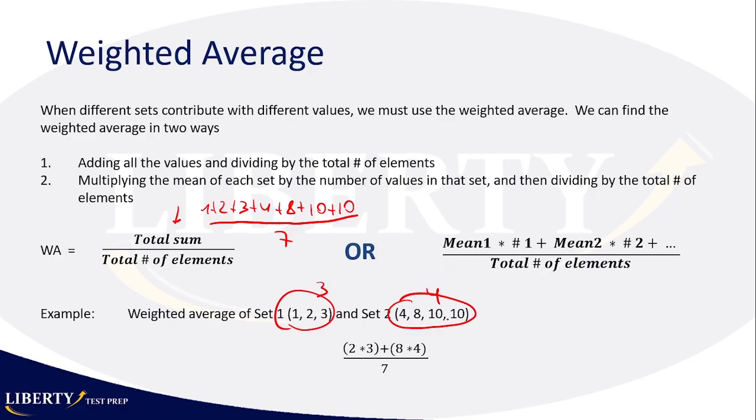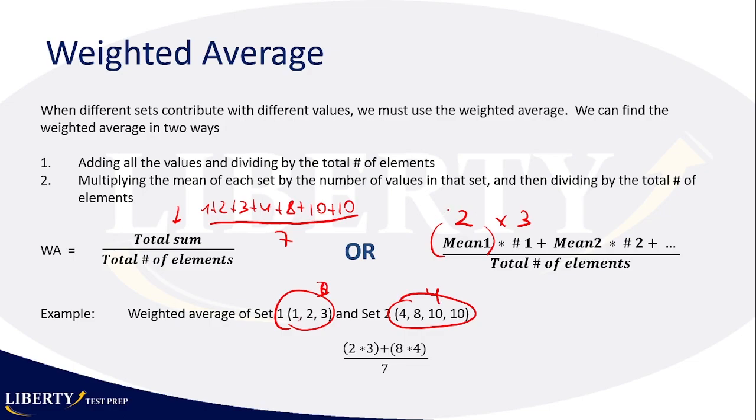What is a shortcut though? First, we find the mean of the first set. What is the mean of the first set? In this case, 1 plus 2 is 3, plus 3 is 6, divided by 3 is 2, right? So 2 is the mean of the first set. And we multiply that times the number of elements in the first set, which is 3,